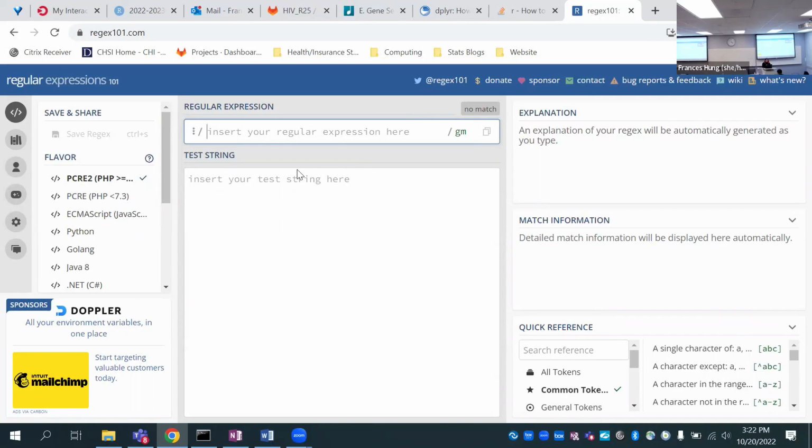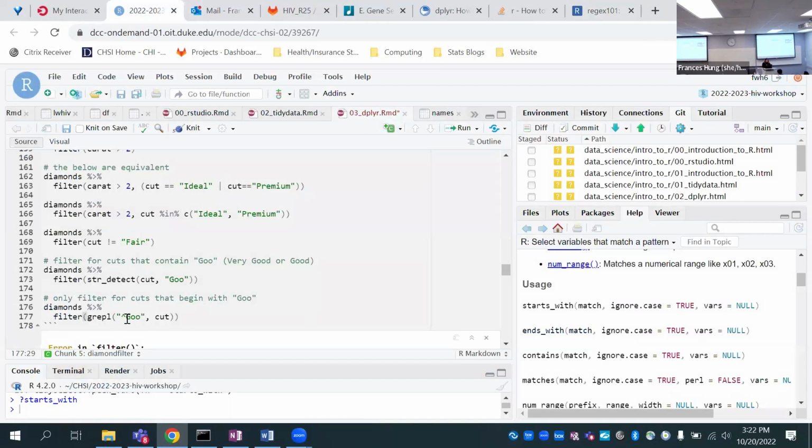So as an example, this caret means that it matches at the very beginning of a string. So here it means that this GOO has to be at the very beginning of cut. So this will match good cuts, but not very good cuts, because very good does not start with GOO.